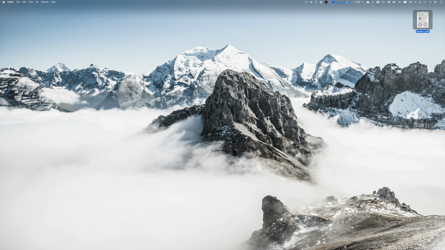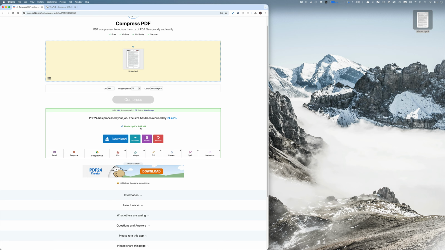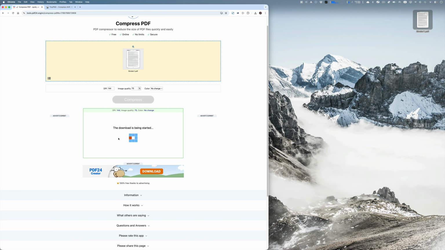So what I'll do is I'll find an online website, a free online website. And I found one, PDF 24, and it says choose files or drag and drop here. So it's free. I'll drag it over. And this is not the only website, but do check whether they're free or not. There's plenty of free stuff out there. And I'll click on compress. So remember, it's about 15 meg, and it says it's gone down to 3.69. So I'll download it